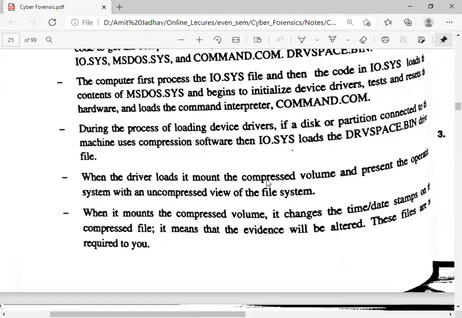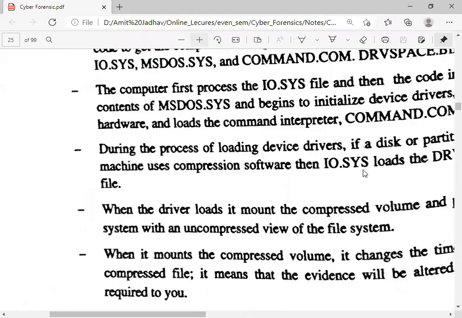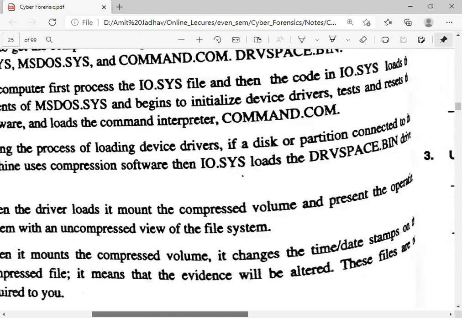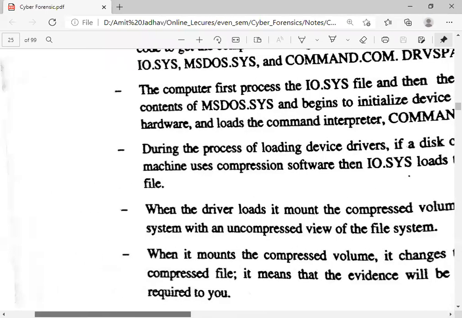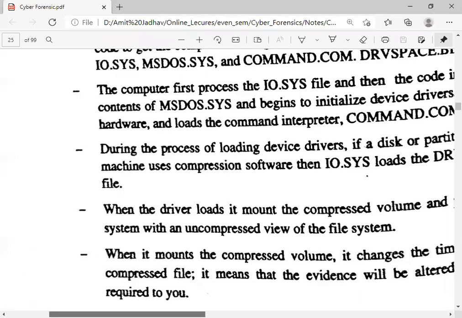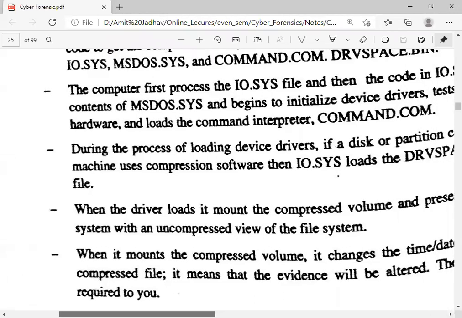When the driver loads, it mounts the compressed volume and presents the operating system with an uncompressed view of the file system. So after the driver loads and mounts, the files start to transfer from source to destination.